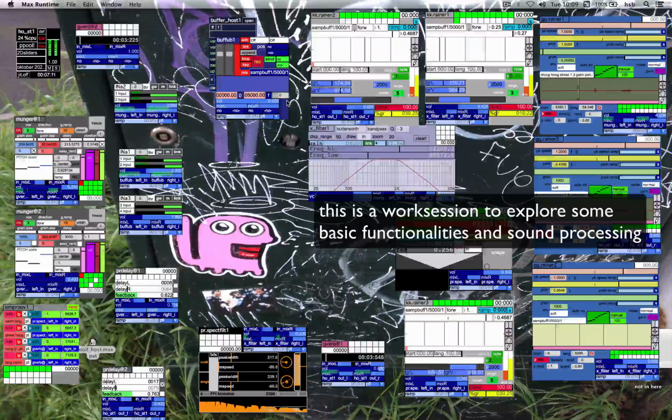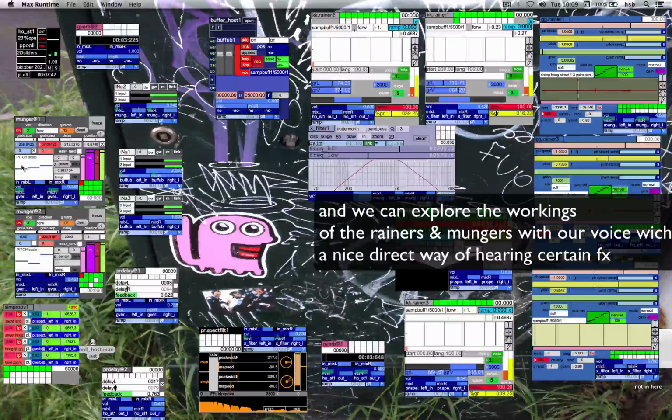It's a combination of a few input channels. One is going to munger straight in, which has a certain effect, and there's another one going into the buffub,